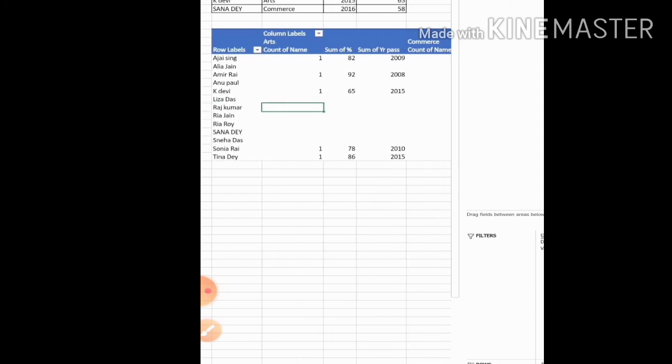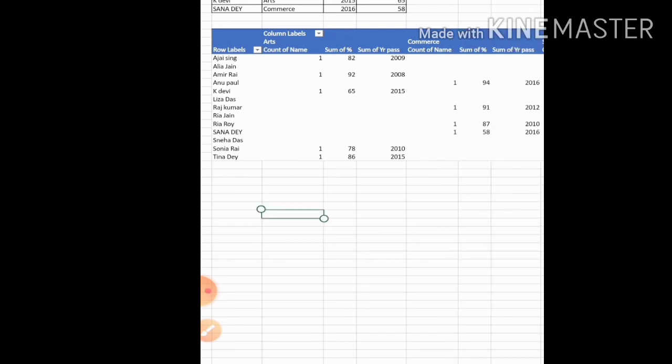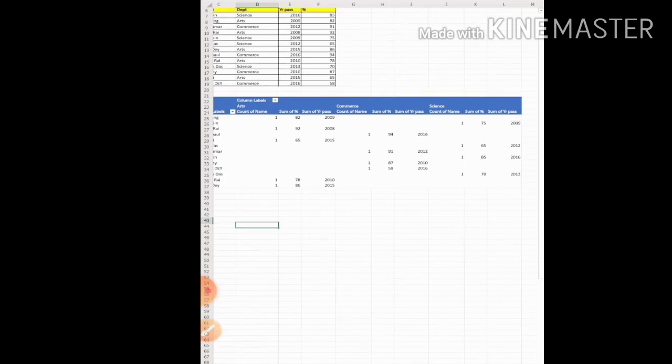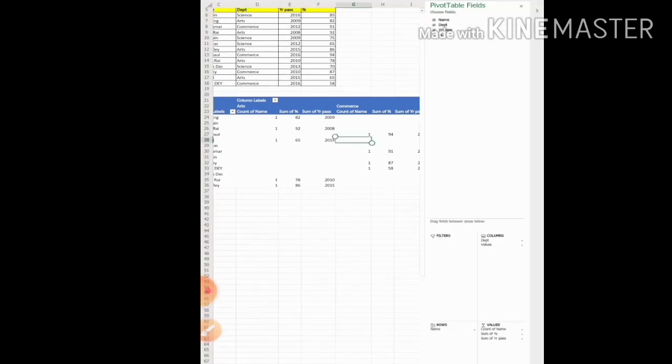Okay, so art students have passed in the years 2009, 2008, 2015, 2010, then 2015. But these students, Lisa, then Rajkumar, they are not art students. So it is displayed as commerce. It is displayed in commerce. So this way you can take arts, commerce, science in the column heading. Okay. So this way, and if I select